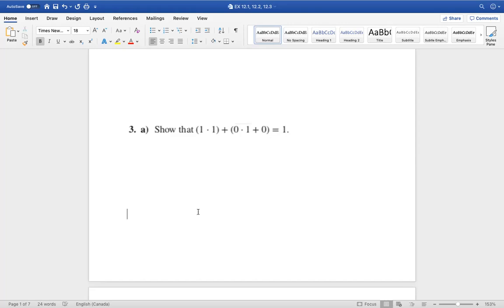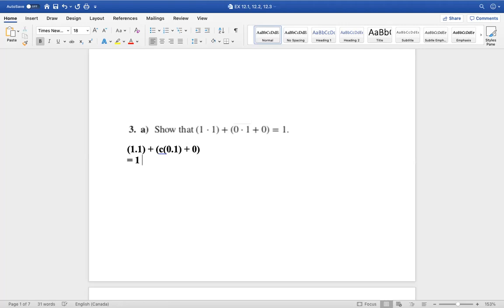So we have 1.1 plus 0.1 complement plus 0. I'll just call C the word for complement. We're taking the complement of 0.1, which is basically the line over it, so I'm just writing it as C. Okay, so this is equal to